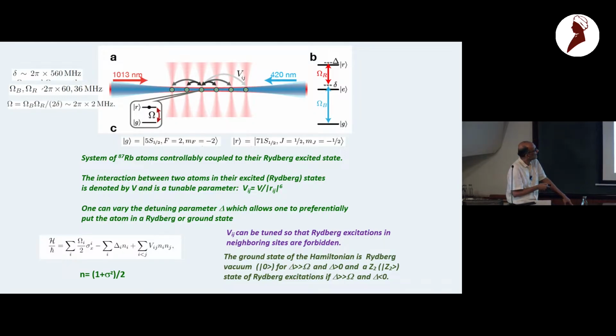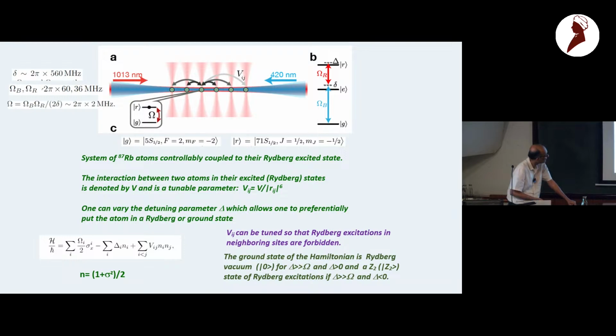So the thing is that because of this interaction, there is a very interesting phenomenon that happens in this system. If your V is large, what happens is that if you have excited one Rydberg atom on any given site, there is a radius within which you don't want to excite another Rydberg atom. That's prohibitively energetically expensive. And therefore a Rydberg excitation on any site creates a radius around it where there would be no other Rydberg excitation, and this phenomenon is known as Rydberg blockade,